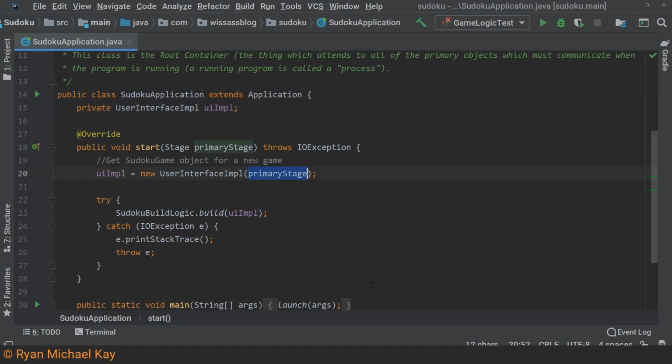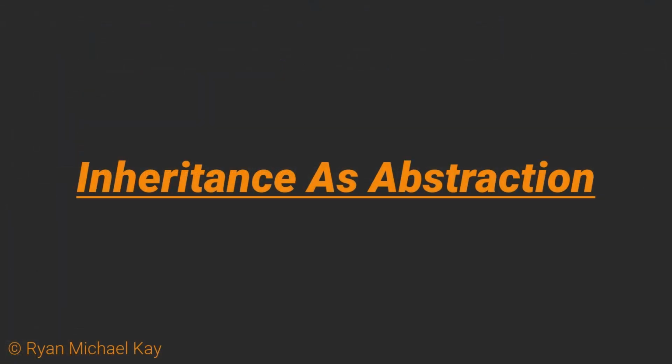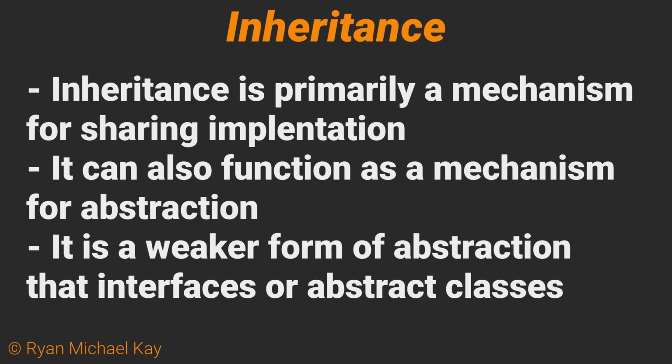As you can see, inheritance is an extraordinarily useful tool which can save us an extraordinary amount of time. Although inheritance is mostly a mechanism for sharing implementation, it can also work as what I like to call a weak mechanism for abstraction. You will hopefully understand what I mean by weak after I explain the next concept, interfaces, which I call a strong mechanism for abstraction. However, let me be a bit more specific about what abstraction means in the context of programming languages.